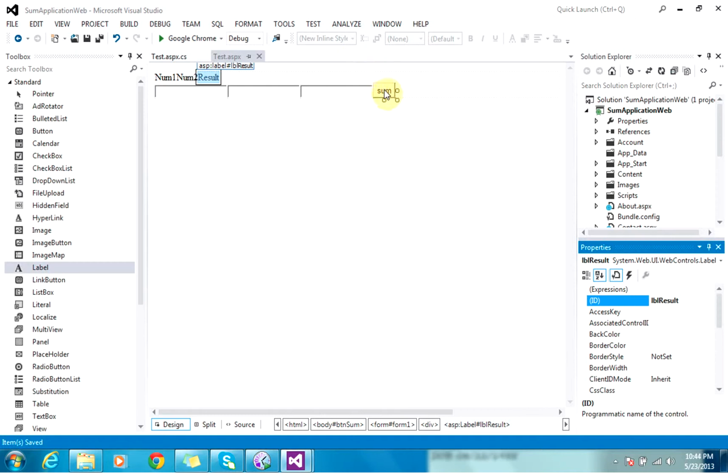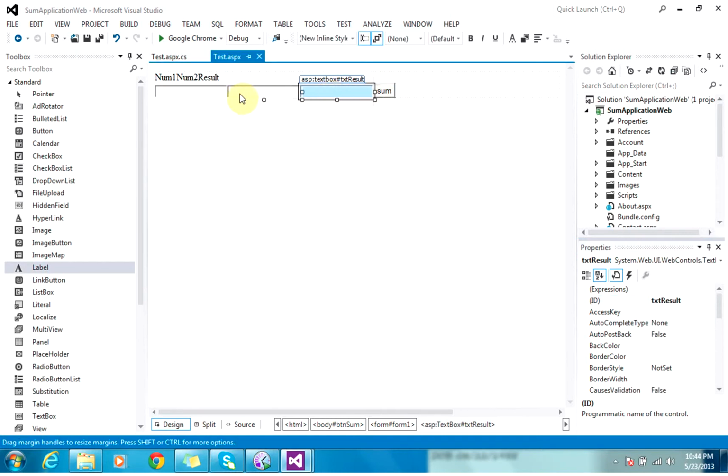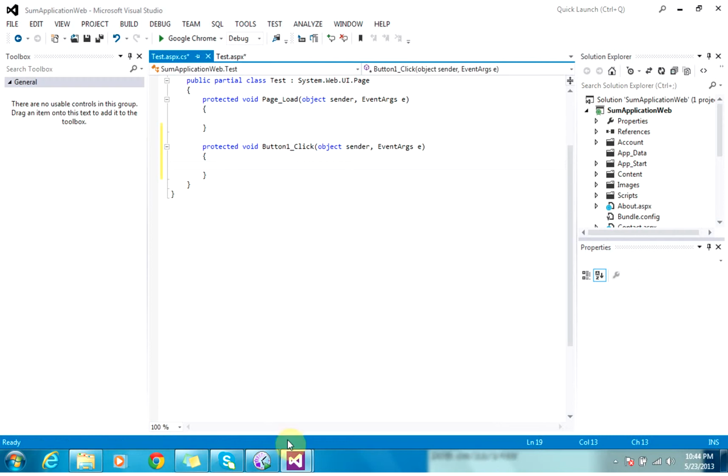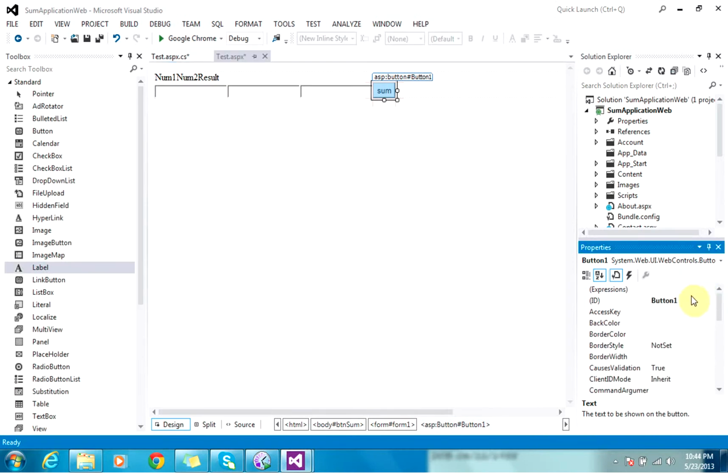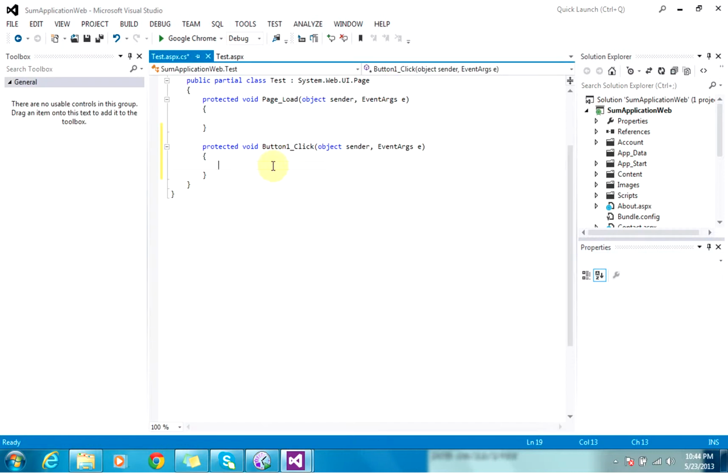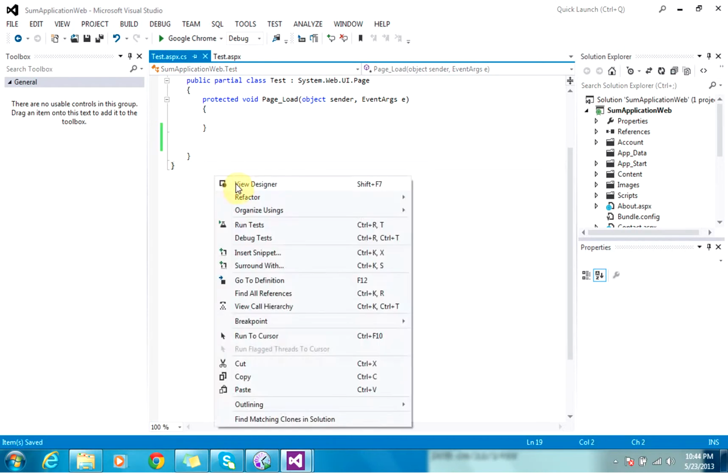So what I want to do is get the result here, the sum of these two numbers, on the click event. So if you double click here, you will see the button click event. You remember we made changes to the name, but it's coming as a button. I think we didn't change the name id for this. So now if you create, it will create a button result, I think, because it's taking the previous one. So just delete it and again right click, view designer.